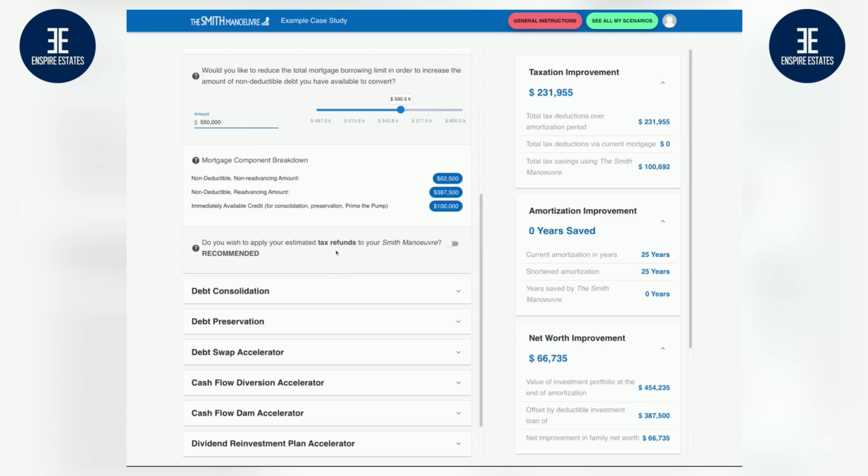Okay. So do you wish to apply your estimated tax refunds to the Smith Manoeuvre? We're going all in, so we're going to say yes. We're going to apply these tax refunds, and we'll see an improvement in amortization and net worth. The 25-year amortization of that non-deductible debt reduces to 21.58, and I've got a net worth improvement of